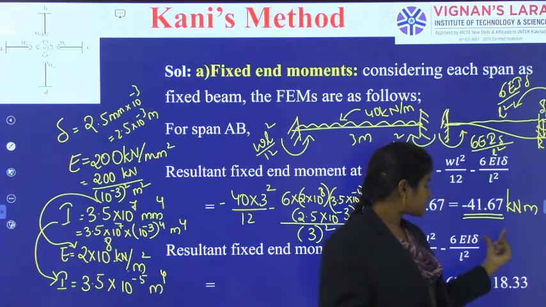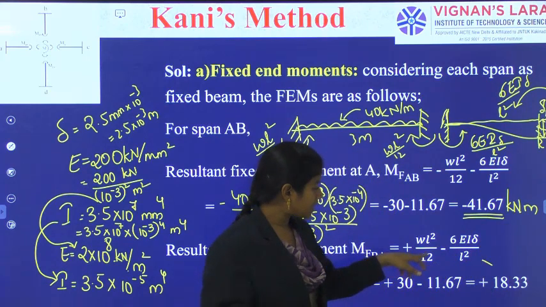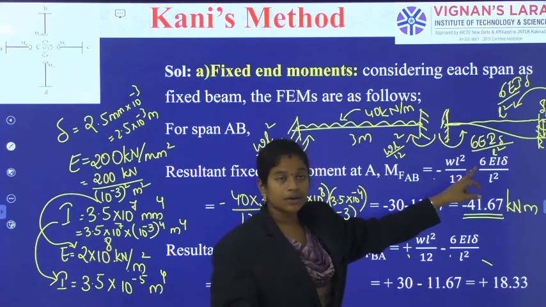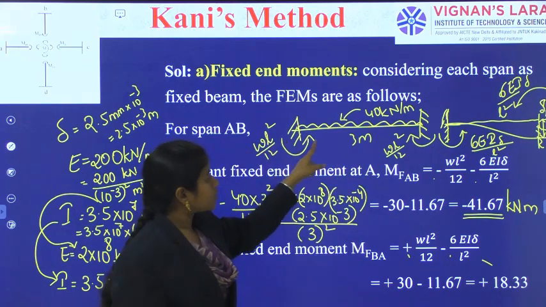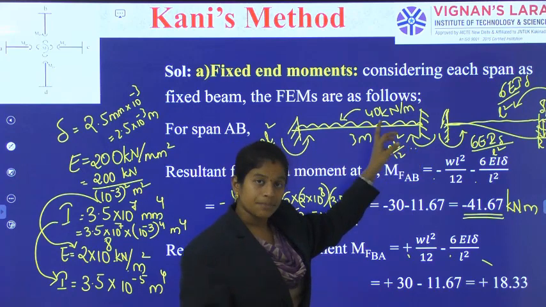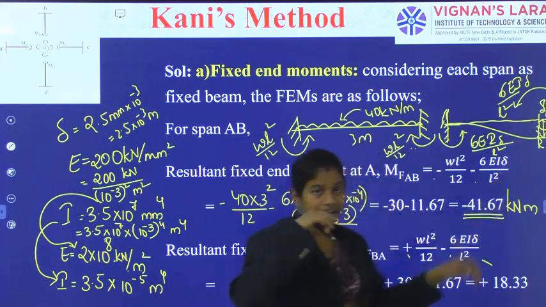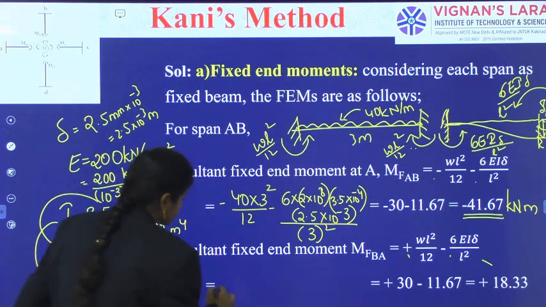That is minus WL square by, sorry, minus 6 EI delta by L square. So see here why it is plus and why it is minus. Here both were minus because this is anti-clockwise, this is anti-clockwise. So both minus. Here this one is clockwise, but this one is still anti-clockwise because of the sinking condition, right? So the same terms minus,